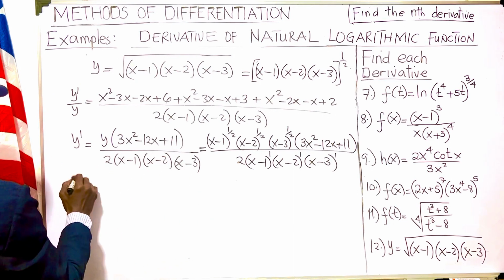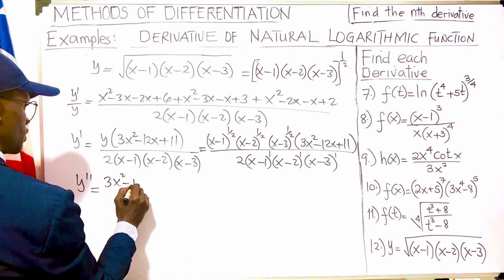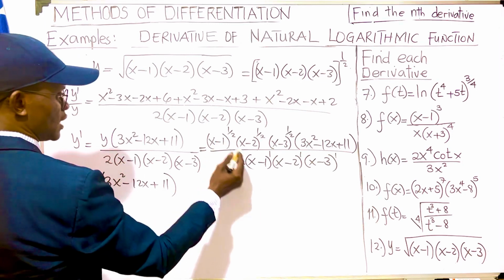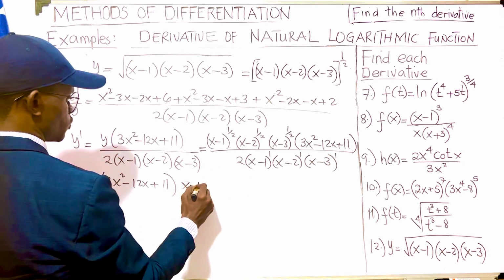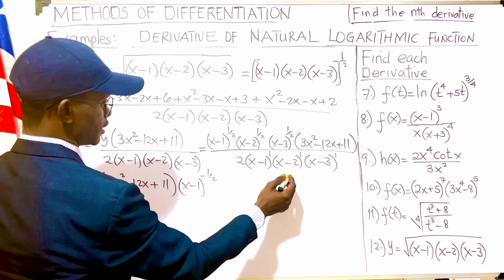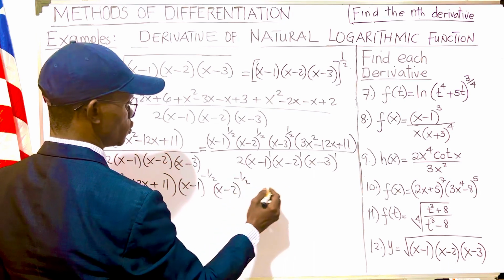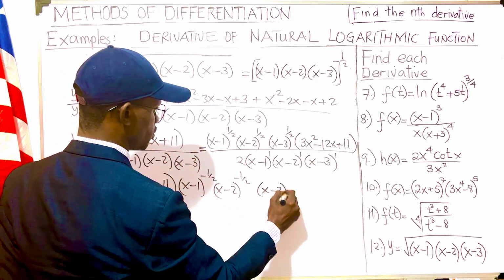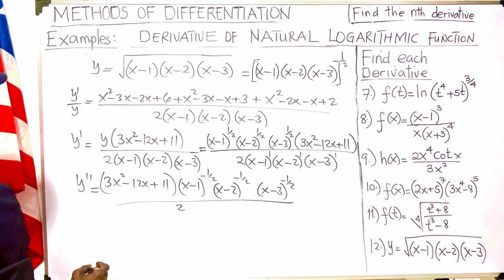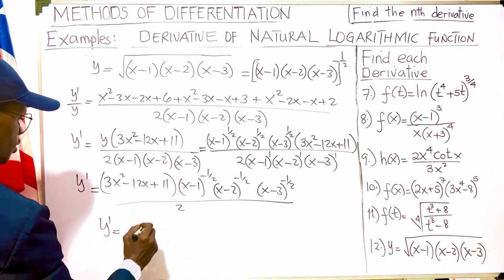So for the first one, let's deal with that one first. So it's 3x squared minus 12x plus 11. So this now and this gives us x minus 1 raised to the power negative 1 over 2. And then this gives us x minus 2 raised to the power negative 1 over 2. And the next one, x minus 3 raised to the power negative 1 over 2, all over 2. So finally, we can just say y prime, sorry, this is not y prime, this is y double prime, equals